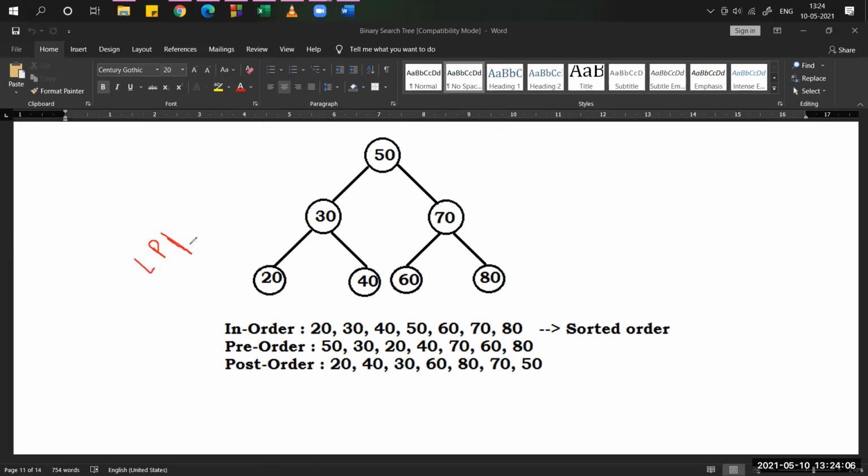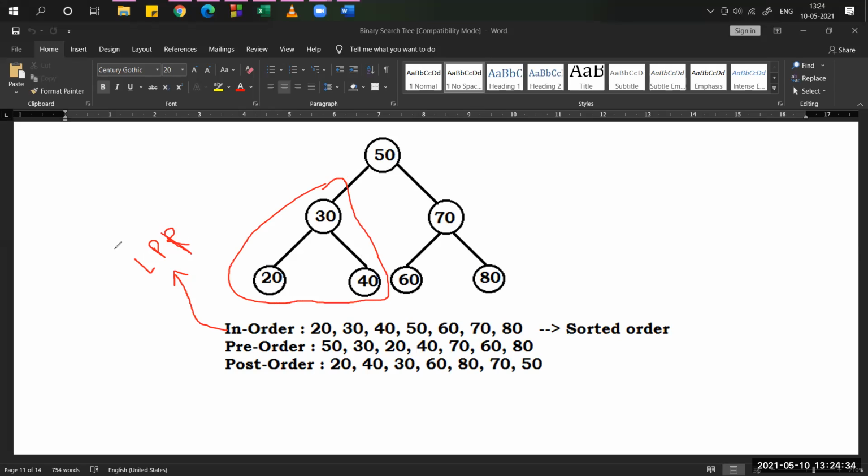This is the formula for in order. So first the left child, 20. Next we have to print the parent. Who is the parent of 20? 30. So 30 came. Now what is the right child? 40. Again, these three nodes are present at the left side only.